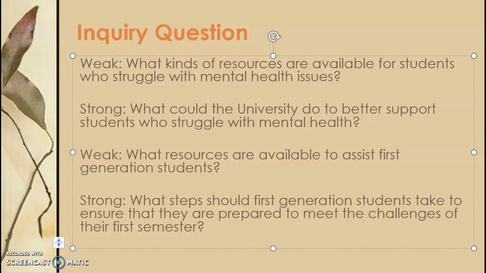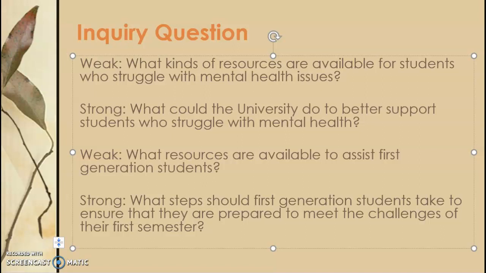The same with this question about first generation students. What resources are available to assist first generation students? That's kind of an objective answer, right? You could easily do some research and find a list of these kinds of resources. However, if you were to shift that question just a little bit to what steps should first generation students take to ensure that they are prepared to meet the challenges of their first semester, now you have different potential answers to this question, right? So administrators might answer this one way, teachers might answer this another way. And so you can pull together these different perspectives when you're writing your editorial,